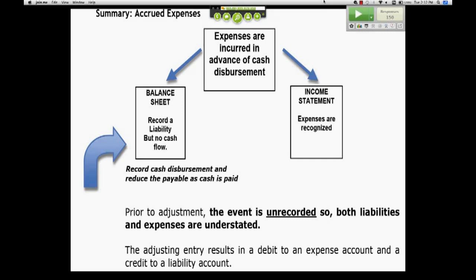Okay. Now I'm going to summarize this. If you go to the next. Here's the way it works. Don't look at that big blue arrow for a second. But again,